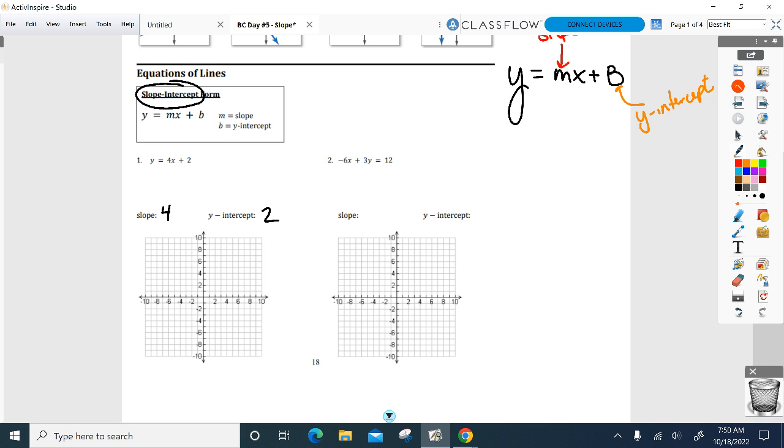Now we're going to graph it without using the graphing calculators because I don't have time to go to y equals, type it in, go to my table, plot a couple points. We should be able to plot points just knowing the y-intercept and the slope from last year. First point you should be graphing is the y-intercept, which is 2. Where do I plot this first point? Because it's the y-intercept, it goes on the y-axis. So I go up to 2 on the y-axis, plot my first point, and I need at least one other point to graph a line. So I use my slope, which is 4, and I use the formula I just gave you, rise over run. So I go up